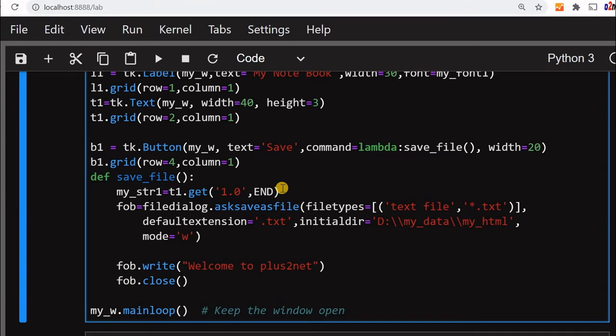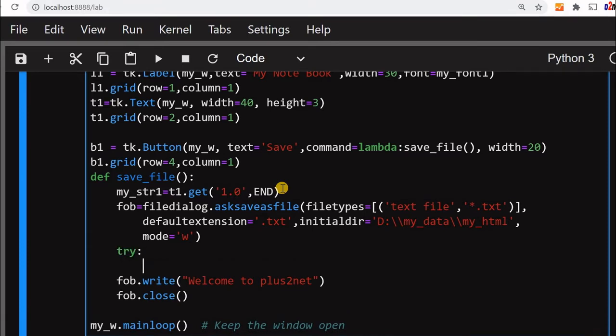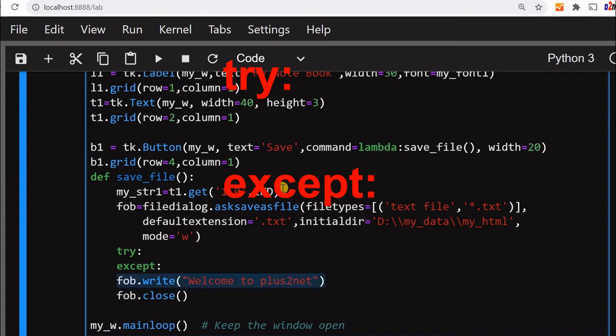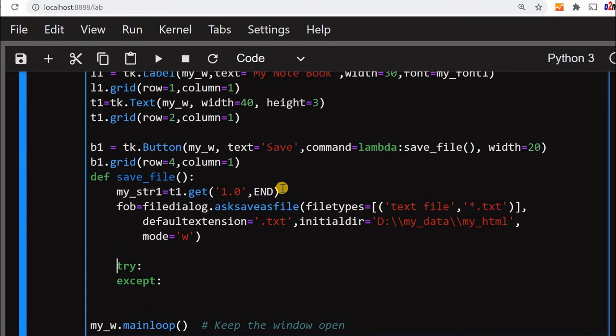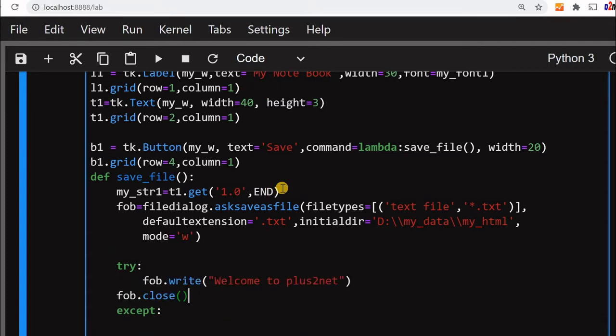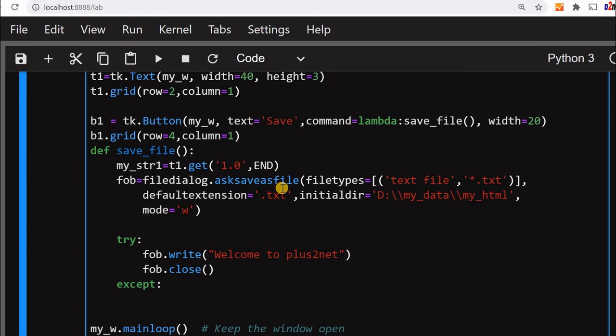Now here, instead of directly writing, we'll write one code block, try and except, because in case of any error in our block, we can give a message. So we'll take the write inside this. Whatever the write process we want, if any error is there, then the except block will execute.